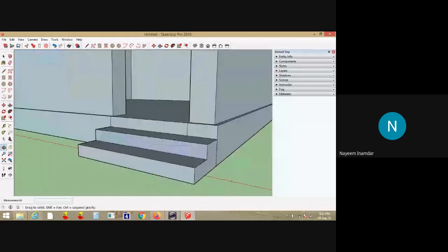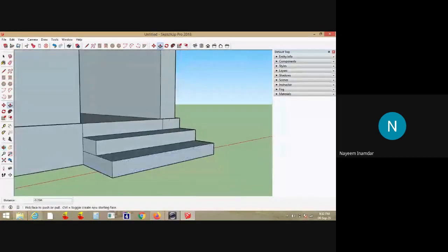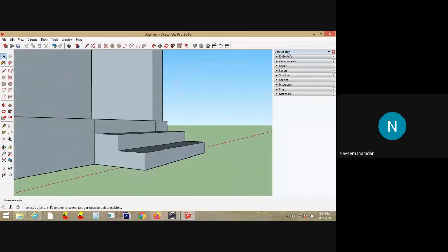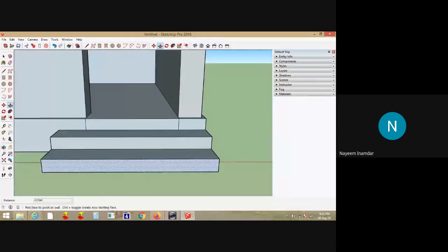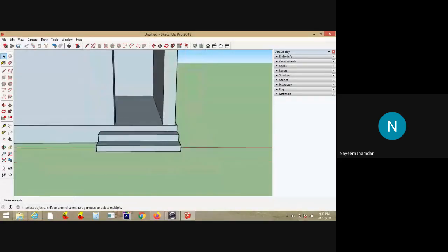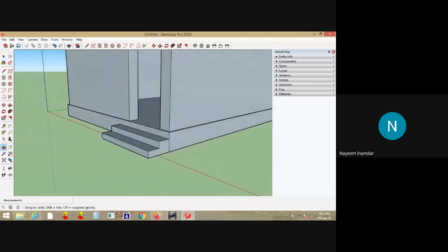You can see here. So here also I'll just delete this line because I can move all together. Otherwise I need to move this and this. I'll delete this line, go to push pull command in this direction 0.35 meters, because on that side this was having the dimension of 0.35. So equally I extended it. You just remove these two lines. So this is how you can make the steps. Is it clear, sir?